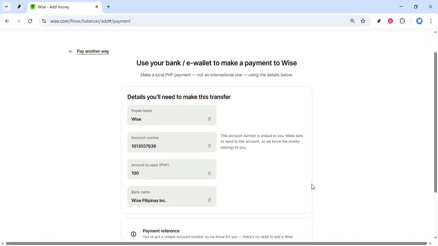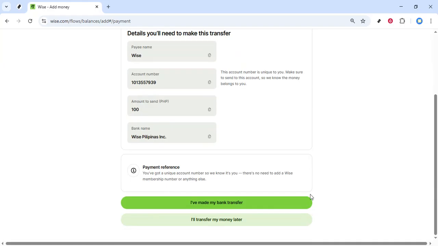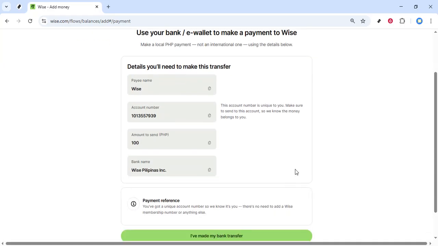Once they've used those details and completed the bank transfer on their side, return to Wise and click I've made my bank transfer. This tells Wise that